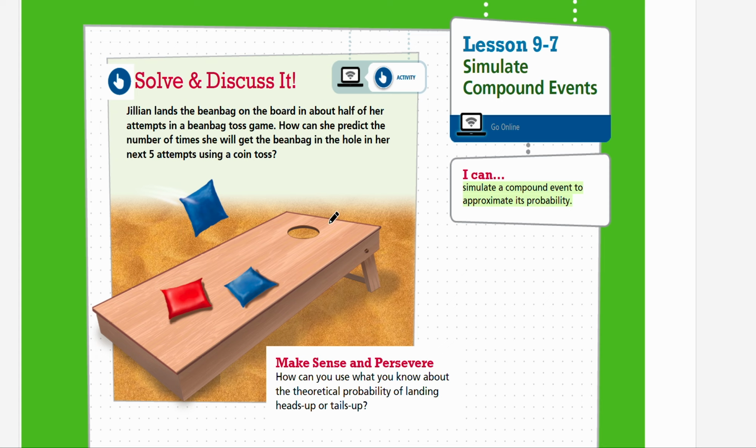How can she predict the number of times she'll get the beanbag in the hole in her next 5 attempts using a coin toss? So what are we trying to see? What would be all the possible outcomes? And think about the favorable outcome, right? All the possible outcomes of not getting into this hole. Our favorable outcome is to get the beanbag into the hole, right? So yeah,